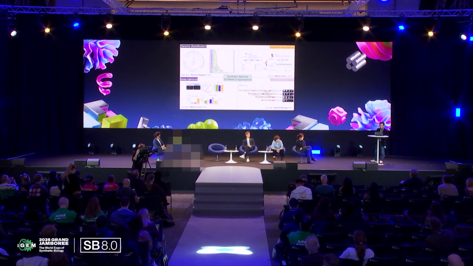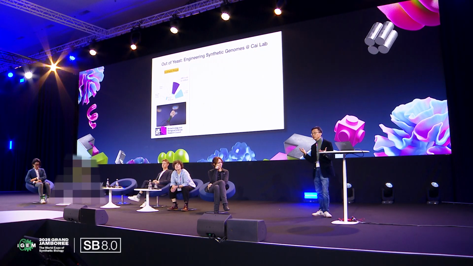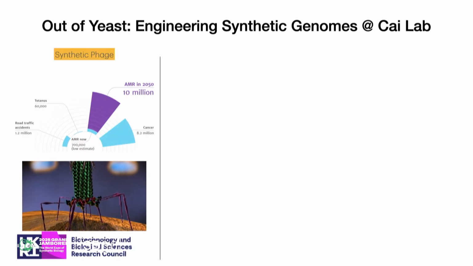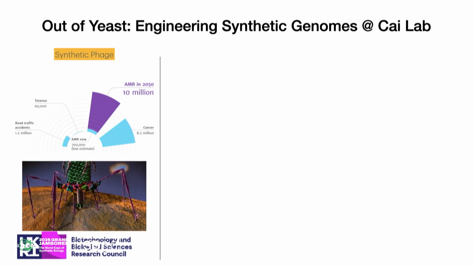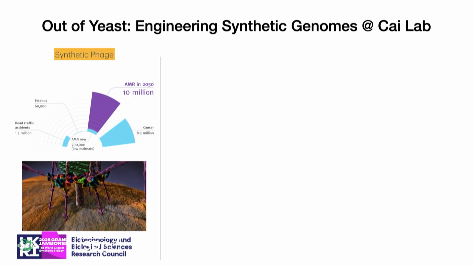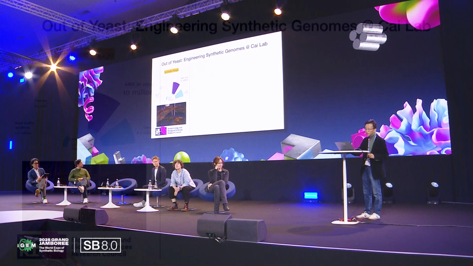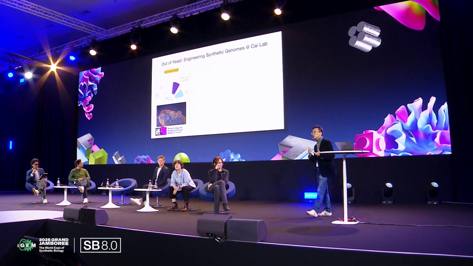Now I want to tell you a little bit about the other things we are doing outside of yeast, right? Because I'm a firm believer, when you build a hammer, everything looks like a nail, right? So the first thing we are doing is looking into the antimicrobial resistance space, right? So this is a prediction by the UK government. By 2050, the death toll per year would be about 10 million people. That means one person would die every 3 seconds due to antimicrobial resistance. So what we have been doing is looking at nature as a source of inspiration.